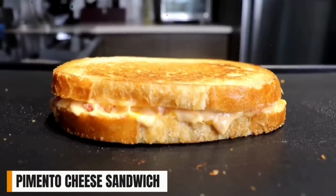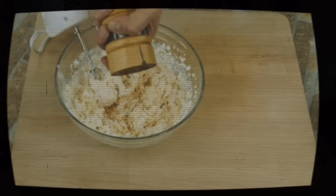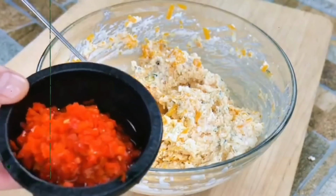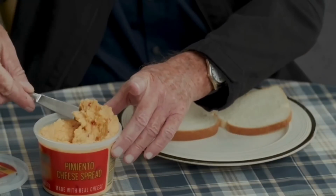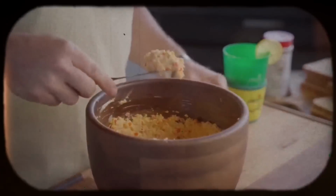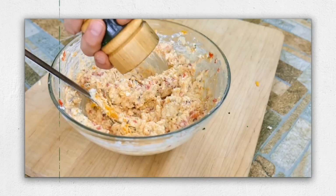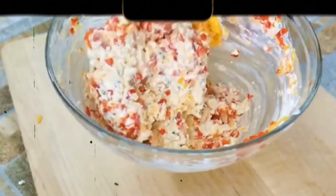Pimento cheese sandwich, a true Southern classic that made its way into lunch pails across America. Pimento cheese sandwiches combined shredded cheddar cheese, mayonnaise, and diced pimentos into a spread that was simultaneously creamy, tangy, and slightly sweet. The vibrant orange mixture was generously applied to white bread to create a sandwich that was as colorful as it was flavorful. The texture was unique, creamy, yet with the distinct texture of shredded cheese, with occasional pops